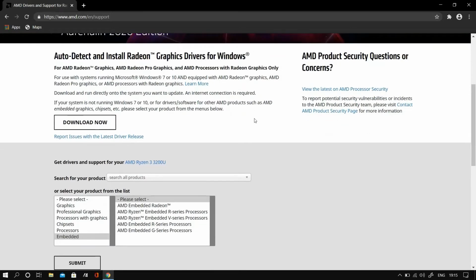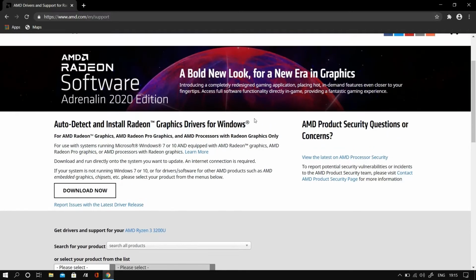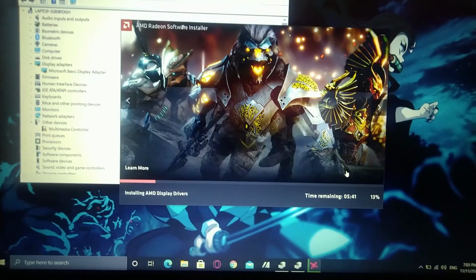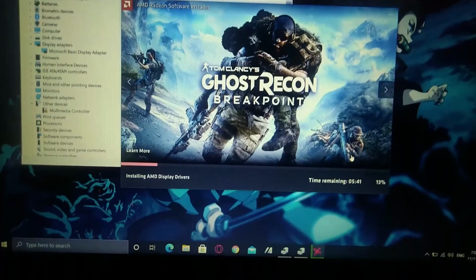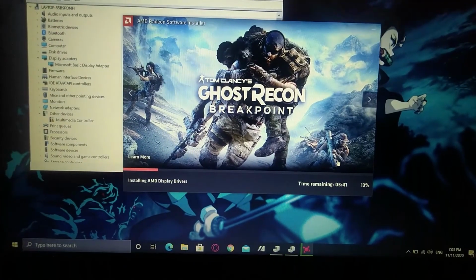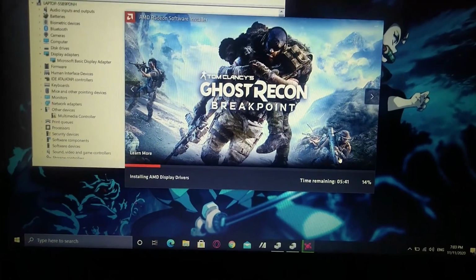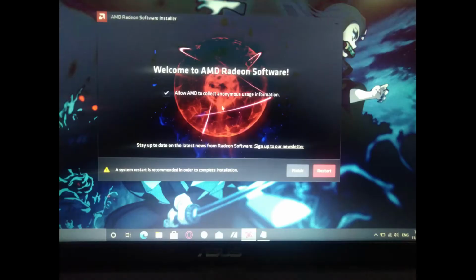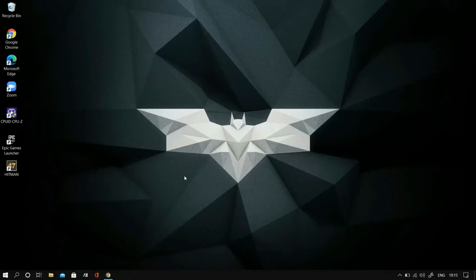Now just give accept and it automatically installs. After that it will show you the two versions of the drivers which are available to our system. Select the optional driver. In many cases there will be factory reset enabled. Please don't worry about it. You will not lose any data of yours. It will just delete the old drivers present in the system and install the new drivers.